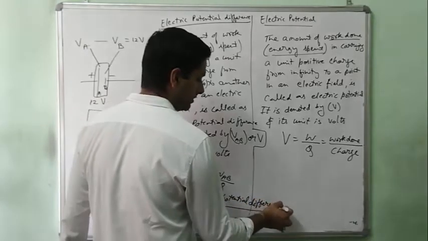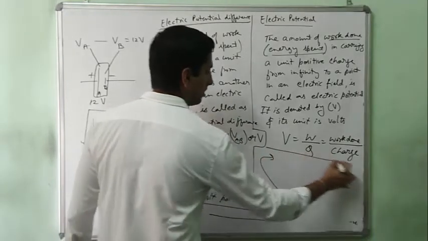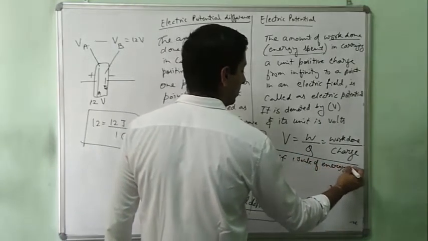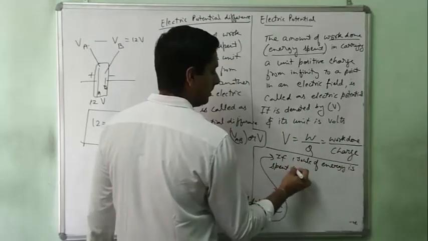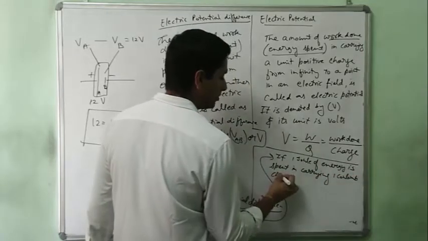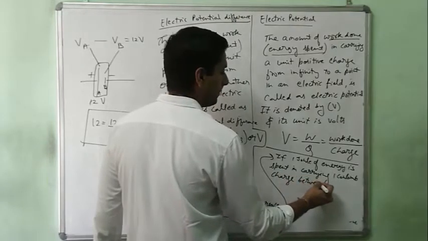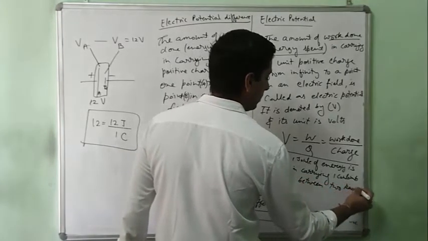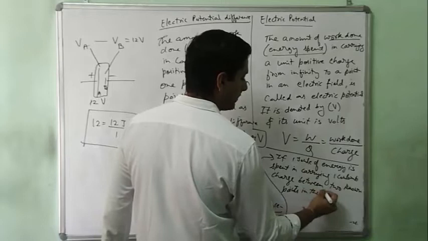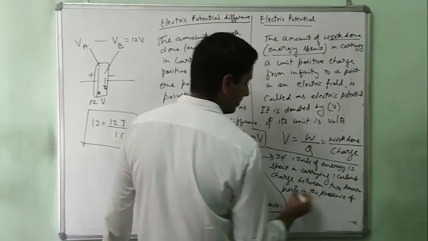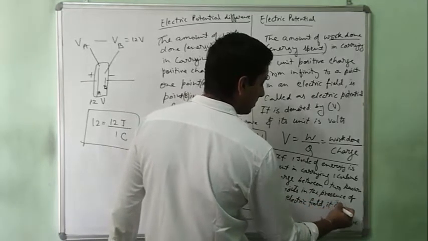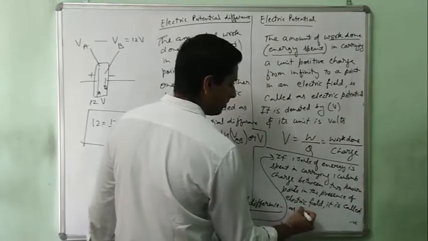So I am writing this here: if 1 joule of energy is spent in carrying 1 coulomb charge between 2 known points in the presence of electric field, it is called as 1 volt